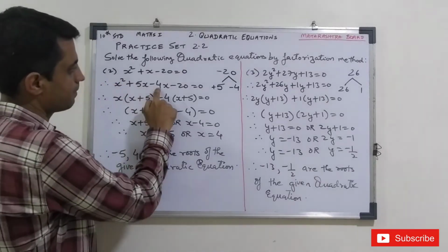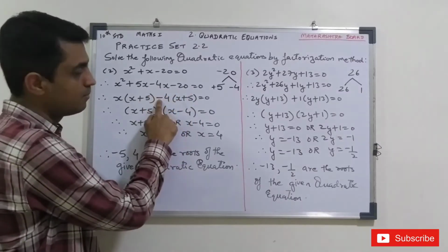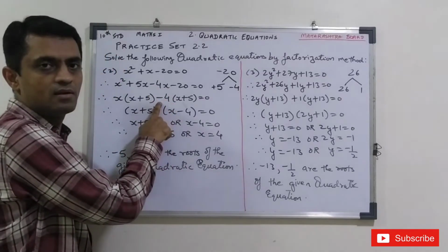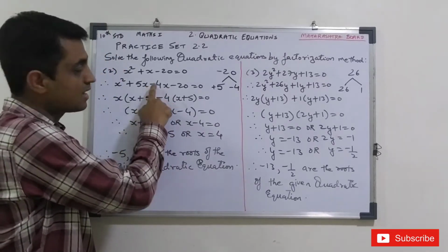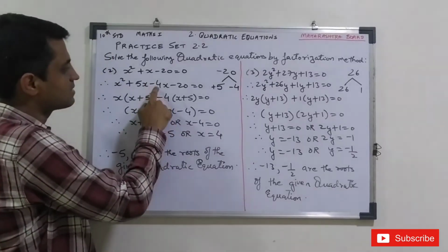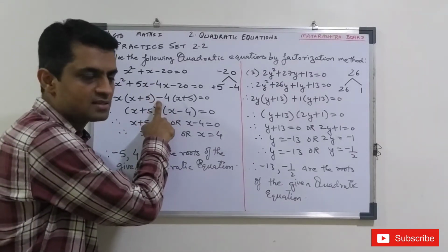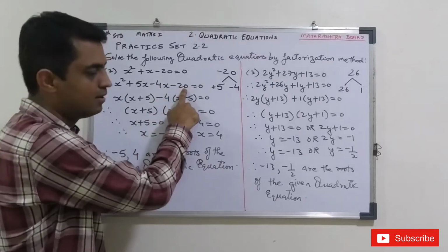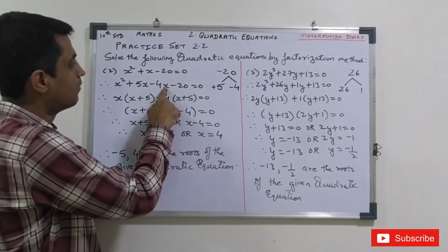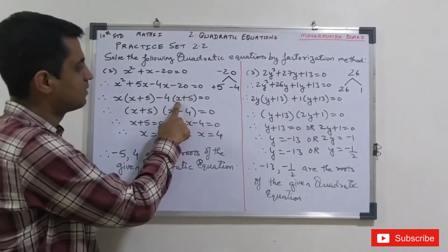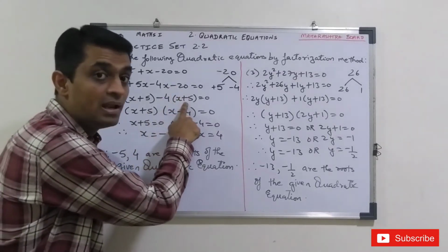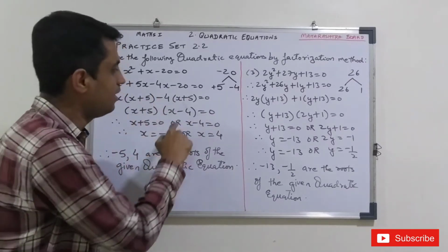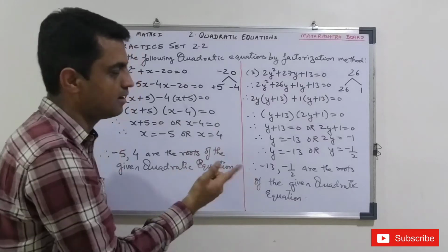Now from here, minus common: follow the first sign. The first sign is minus, so take out minus common. If the first sign is plus, take out plus sign common. Now here the minus sign is there, so we are taking out the minus sign outside. From here, 4 and 20 both go in the 4 table, so 4 is common. What will remain here? x. Minus will become plus. Why? I told you, whenever you take out the minus sign outside, the internal sign will change to the opposite sign.